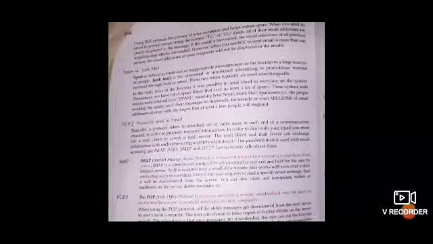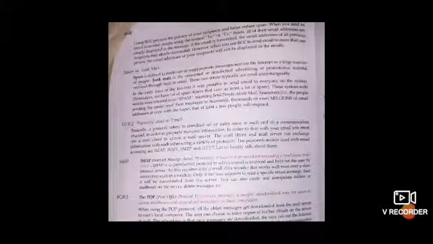Now see what is spam. Spam is defined as irrelevant or inappropriate message sent on the internet to a large number of people. Spam means it is sent to a large number of people at a time. But junk mail is the unwanted advertisement or promotional material received from mail or email. Junk mail is the unwanted message, and spam is defined as inappropriate message that is sent to a large number of people via mail. So these two terms are typically used interchangeably.